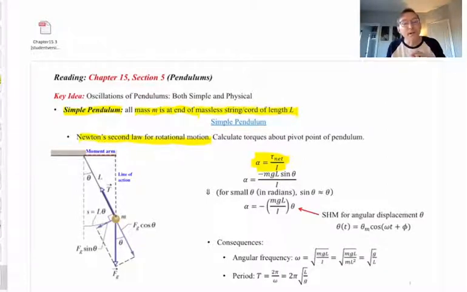Let's use that. And let's calculate the torques and the rotational inertia about the pivot point of the pendulum, up there at the top. I'll emphasize it there with the big black dot. All right, so now let's look back at the forces acting on the bob, and let's think about torques about the pivot point from each force. Now we see why I wanted to use the rotational version of Newton's second law. Look at the tension force. Look at its line of action. I'll draw it